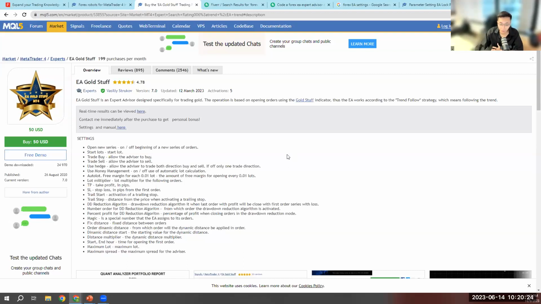So in my advice, don't really try to use the martingale EA, as martingale will double your lot size each time you are losing, and most of the time for smaller accounts, it will not hold. It will just bust the small accounts. But if you are looking to explore different EAs, you can try, for example, this free demo. Like most EAs, they'll give free trials for you to try it out instead of just buying it for 50 USD. So you can try different EAs and then maybe see which one works best for you.